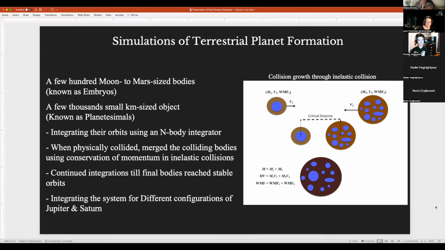And the graphic that we have here shows that the mass becomes one, integrations until final bodies reach stable orbits around 200 million years of integration. And then we integrated the system for different configurations